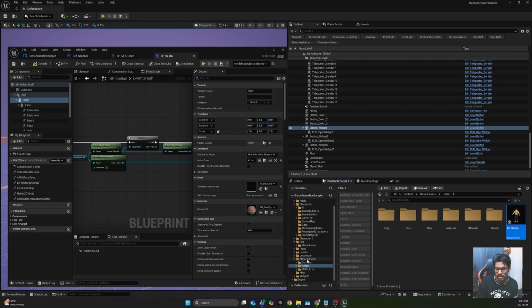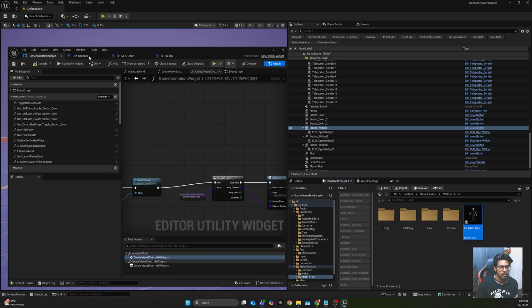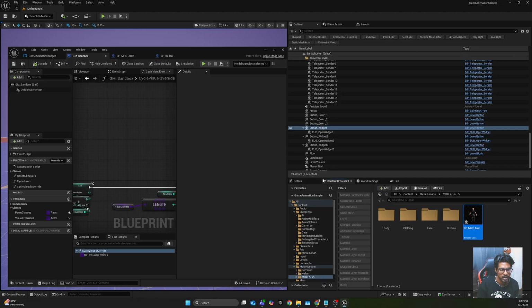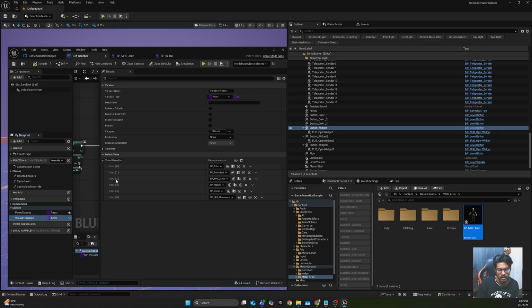So this is located in content MetaHumans Kellan. This is where our blueprint is located, MHC underscore Arun, and the Kellan blueprint is located in the Kellan folder. So you can open this up and then open this up as well. So these 4 widgets are open. So first what we need to do is go to gm underscore sandbox, open the classes, visual overrides. In the index 2, there will be BP underscore Kellan, which we are going to replace with Arun. So this gets replaced, and then